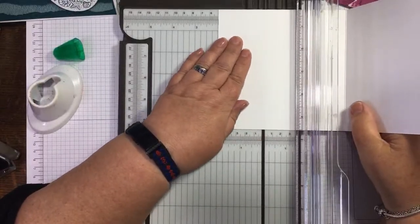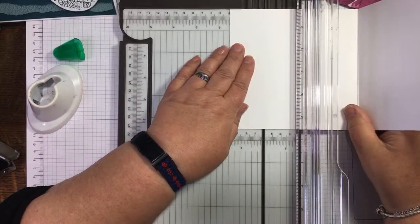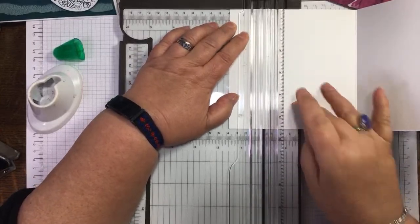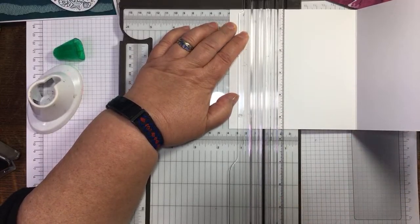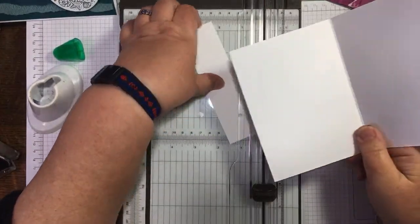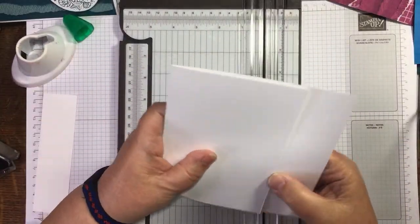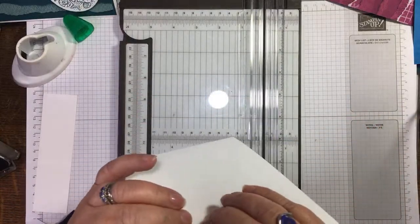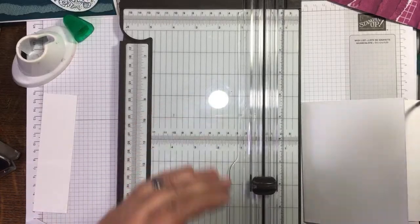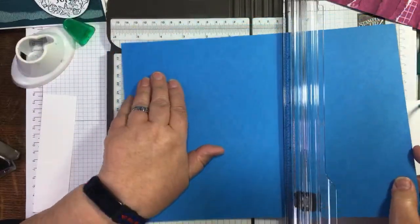Am I making this up as I go along? Yes, I am. Actually, I think we'll make it 1.5 inches, because then my maths will be easier on the other side. So I'm just going to cut 1.5 off the front. Right, so if I've taken 1.5 away from 5, that should make that 4. So my layer will be, I'm still going to cut it out